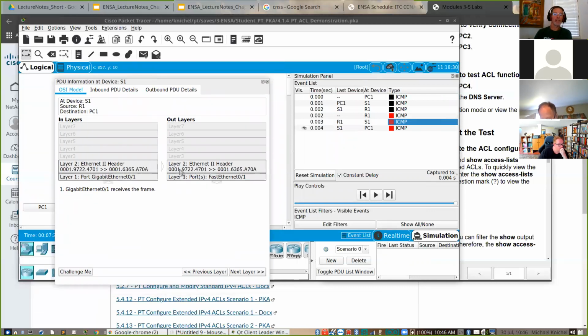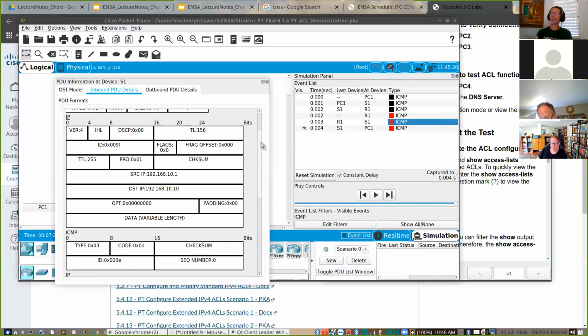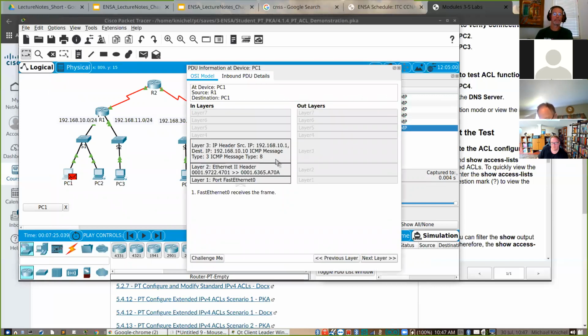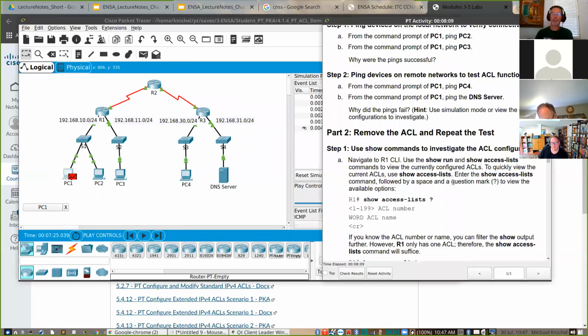If I open it, I see that we've got inbound and outbound. We can look through, you guys have seen all of this, I hope. You've seen simulation mode, where they give you a description. You can also look at the PDU, where they show the headers in the curriculum as the blocky, spreadsheet-looking things. And then over here, the final inbound layer and where it came from. So they just want you to go through and look at stuff.